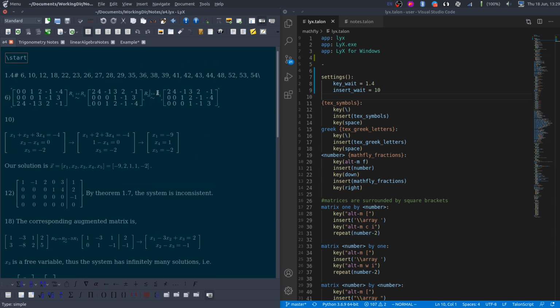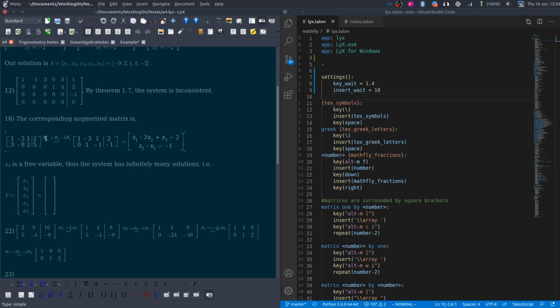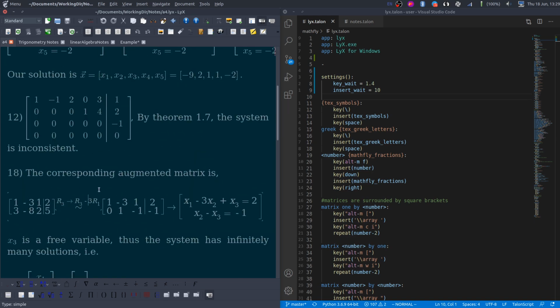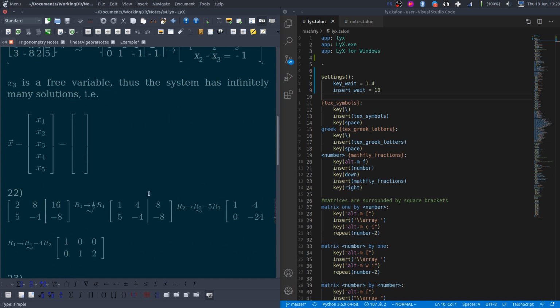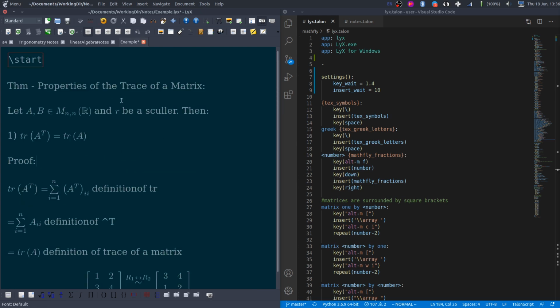It's very easy to dictate row operations. Let me zoom in if that's hard to see. Although this is the wrong row number, let me find another one. So like row 1 to 1/2 of row 1, I'm able to dictate this very quickly using voice commands. So that's pretty much it.